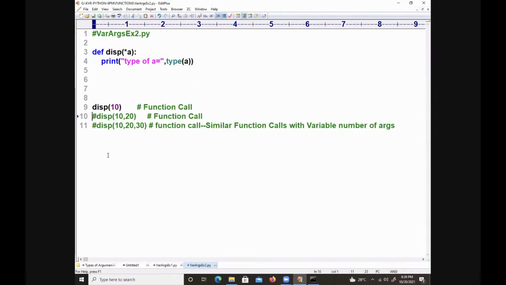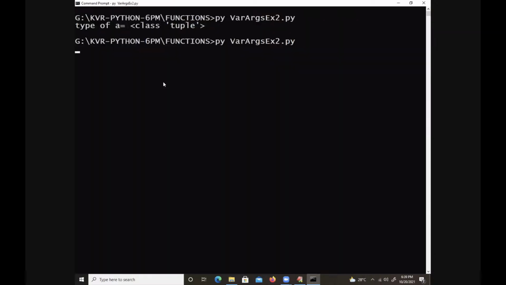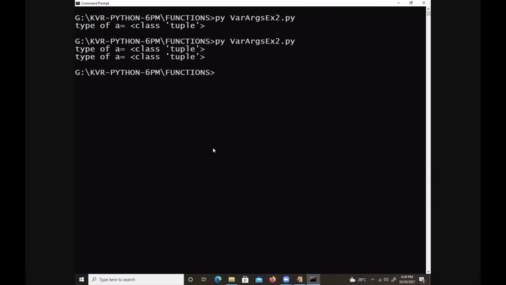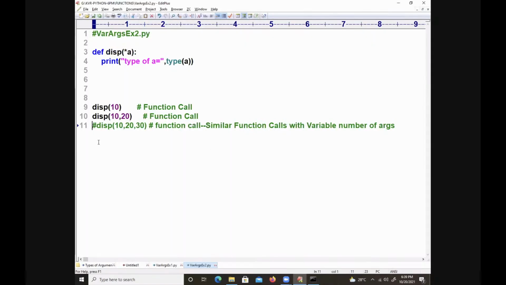Next, remove once again. See, two function calls. How many definitions? One definition only. See the beauty of it. Next time also it is called two times, tuple. Another time I am removing, see, three function calls, similar function calls with a variable number